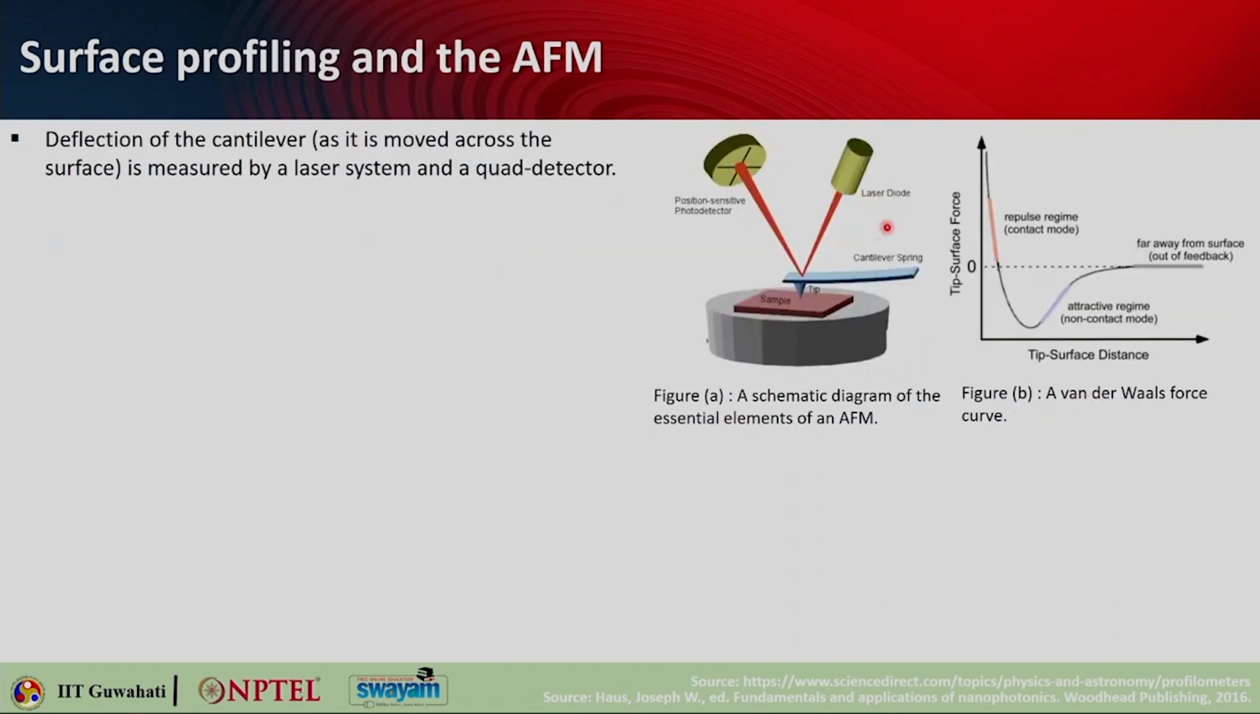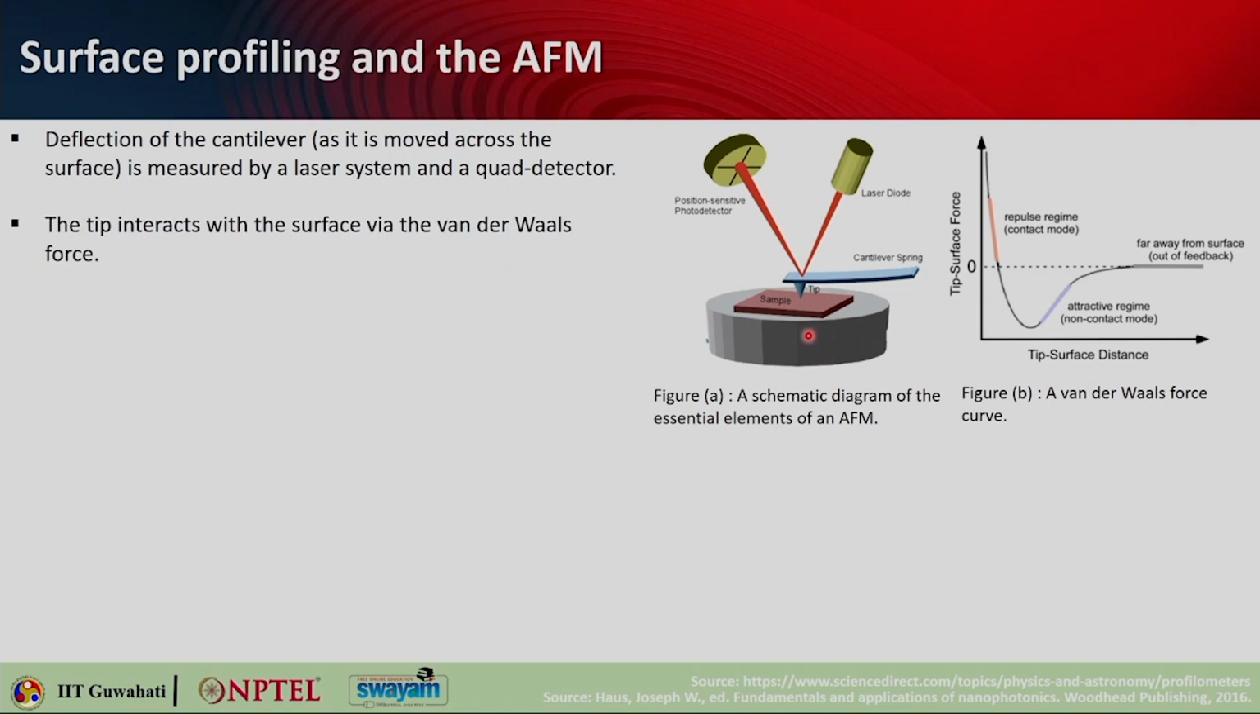And you can scan it. So, when you shine some light on this, depending on the depth of the cantilever, okay, the reflected beam will be directed in a different direction, okay. So, that can be received by this position sensitive photodetector. So, that is also called a quad detector, okay. So, deflection of this cantilever as it moves across the surface is measured by this laser system and a quad detector. So, this is what you do in AFM, atomic force microscopy,